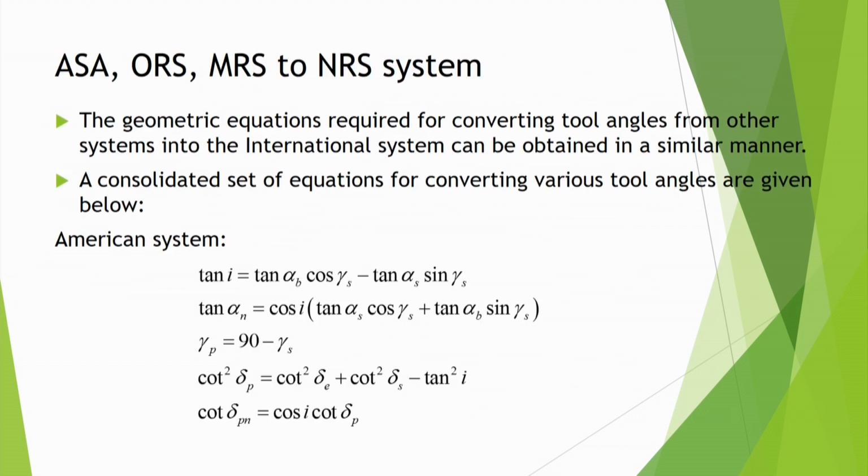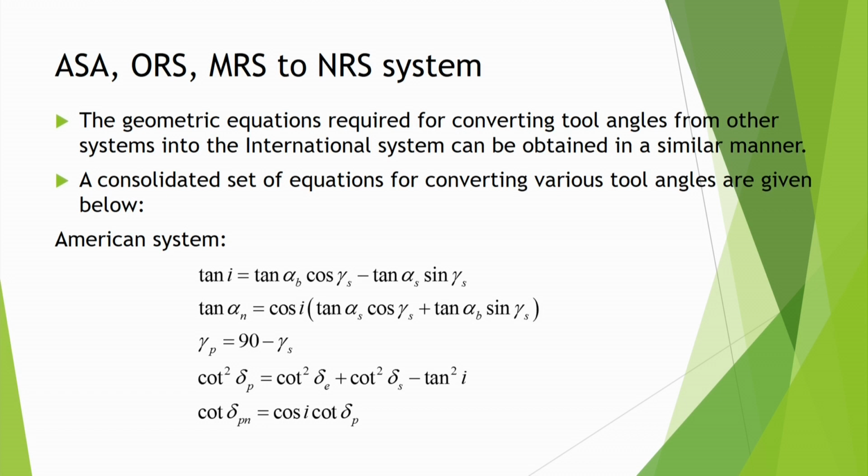So like that you can derive the relations from ASA to ORS, and MRS to NRS. In many books these relations have been given for your understanding and for broadening your knowledge about the 3D things. I have introduced these things and you should practice this, but each derivation may take time. Maybe 1 hour for you to understand, but this way it has been derived and these relations are available in the books. So in day to day life you can just take these relations, plug in, and get the angle.